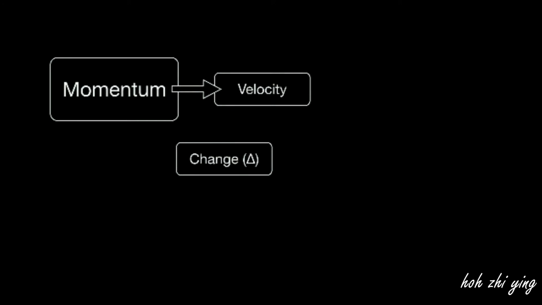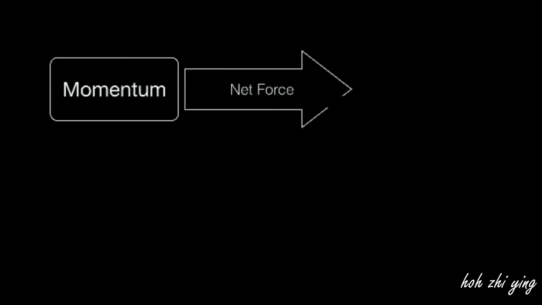What's the easiest way to change the velocity? It is to apply a net force to that object. If we apply a net force to the right to this object, what are we going to see? We're going to see an increase in momentum towards the right. Let's say the object is moving towards the right and we change the net force on the object. What's going to happen? It doesn't happen instantaneously, but what we'll see is a change in momentum that reflects that